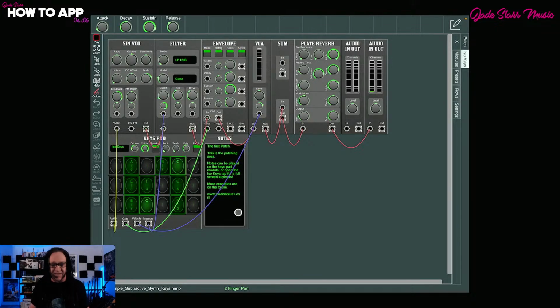There are a heap of examples in here, and some of these examples have notes attached to them. So you can see this one has a note. It says the first patch. This is the patching area. Notes can be played on the keys pad module or open the ISO tab for a full screen keyboard. More examples on the forum. So there's a forum at studio6plus1.com if you want to find out